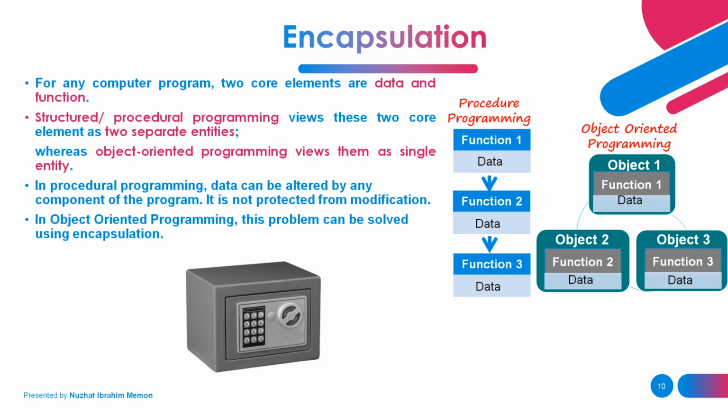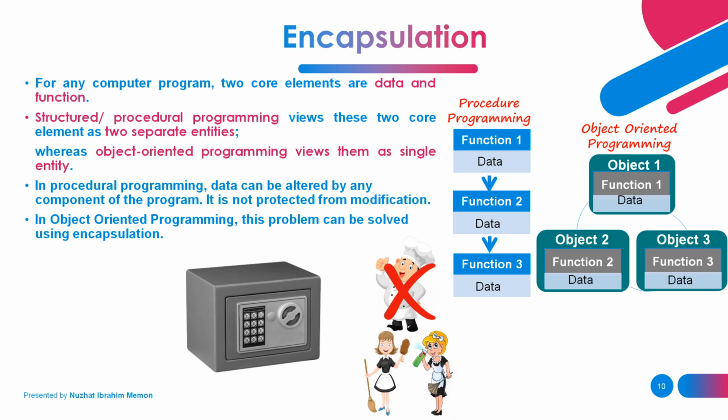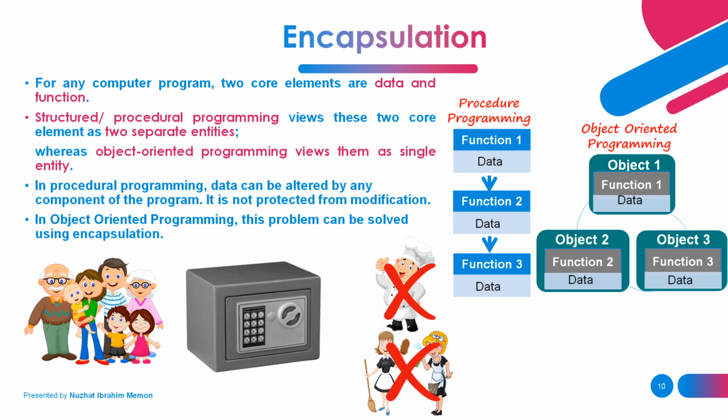Now, the question arises: who can access what? As we know, the cook at your home can access only the kitchen. So definitely, the cook can't access the locker. Next are the helper and maid. They can't access the locker. And then your family member. Yes, of course, they can access the locker. Here you can conclude that the data is not accessible to the outside world. Only the family member can access it.